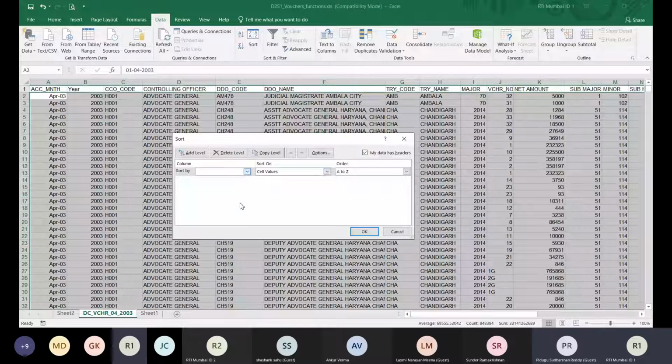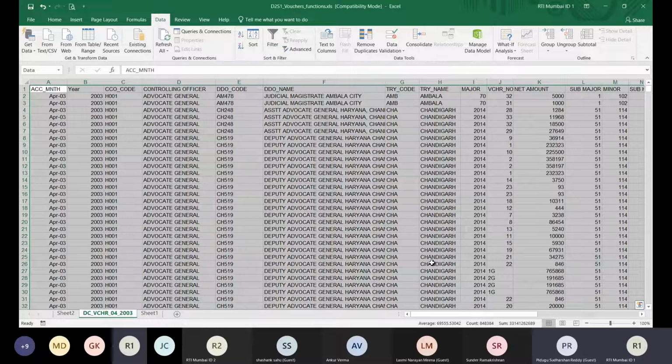और यहाँ पे फिर मैं कोई भी सॉर्टिंग का पर्टिकुलर लूंगा कि पहले उसको ट्रेजरी वाइज करो, उसके अंदर डीडीओ वाइज करो, उसके अंदर वाउचर नंबर वाइज करो, दैट यू कैन मेक द डाटा सॉर्टेड। बट ये जो सॉर्टिंग करूंगा वो परमानेंट होगा, मतलब वो पूरा डाटा को सॉर्ट कर देगा, ओरिजिनल जो था वो चला जाएगा। तो आपको सोचना है कि आपको अगर वैसा सॉर्टिंग चाहिए तो आप कर सकते हैं कि अकाउंट का जो मंथ एंड ईयर है उसके अंदर डीडीओ कोड है,